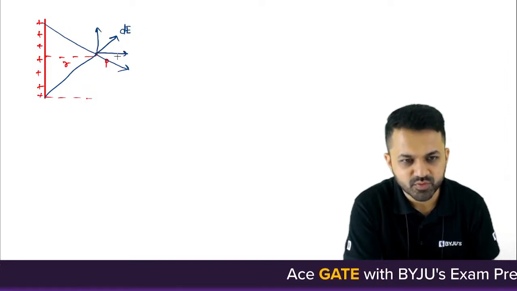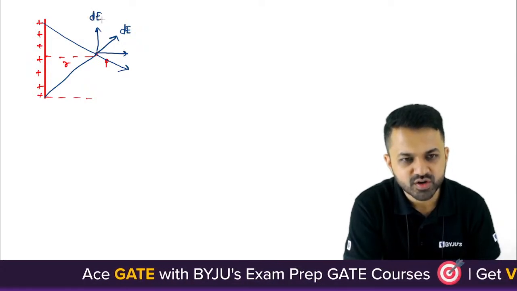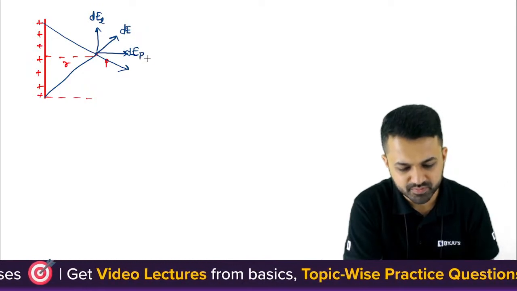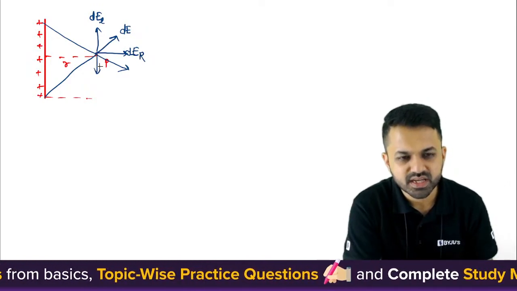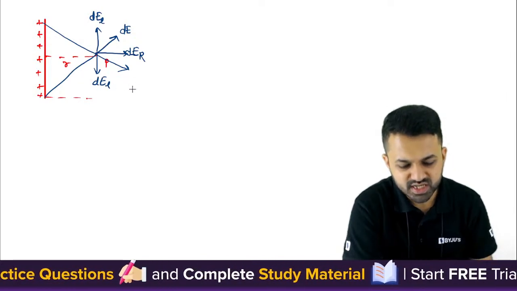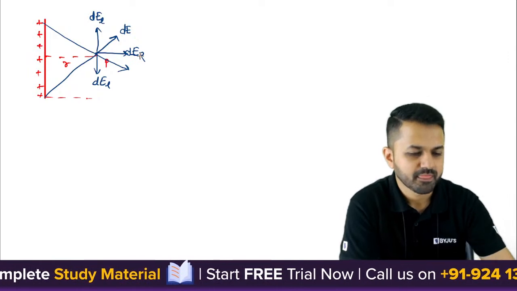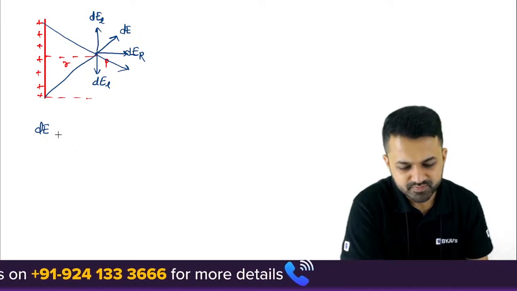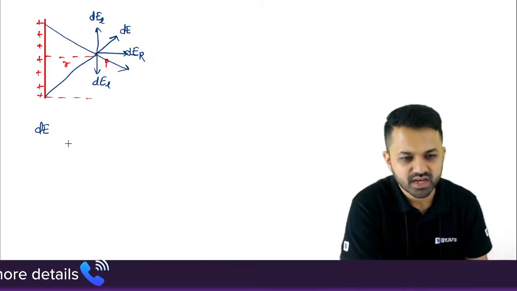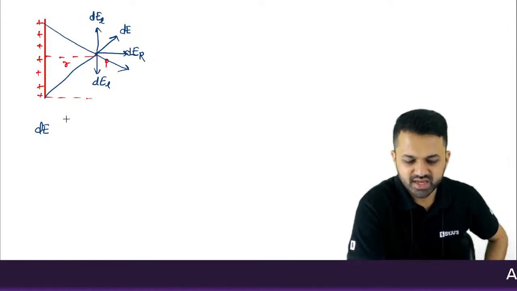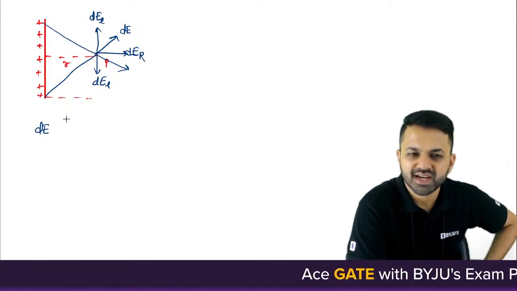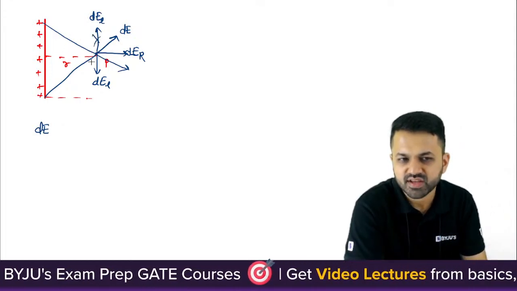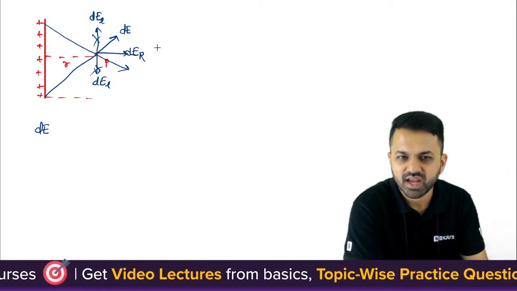It will have two components. One is in the longitudinal direction, and another is in the perpendicular direction, that is dE perpendicular, or resultant, you can say. Similarly, it has two components, so dE_L. This dE_L will cancel each other. So overall dE is nothing but the sum of the dE_R and so on. So dE_L is the longitudinal component and dE_R is the radial component. So the longitudinal components should have the sum 0 and all the radial components will add together.